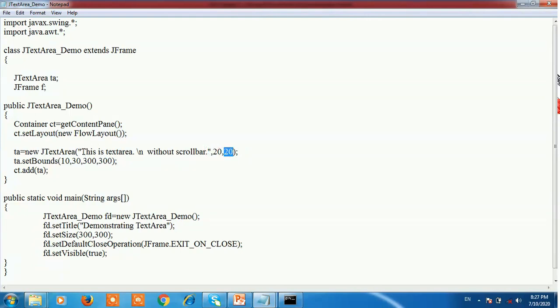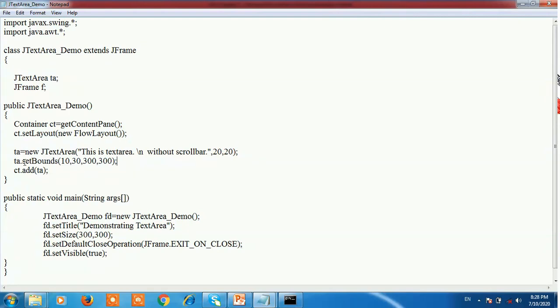And the string is, this is a text area, \n means it goes to the next line, and the next line displays without scroll bar. This constructor has 3 parameters. First is string, it is nothing but the text, 20 is the number of rows and 20 is the number of columns.